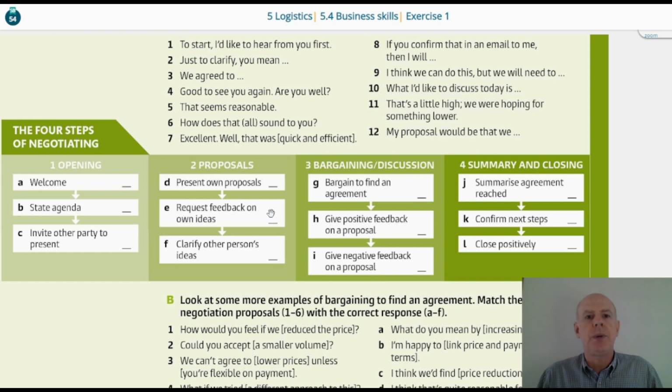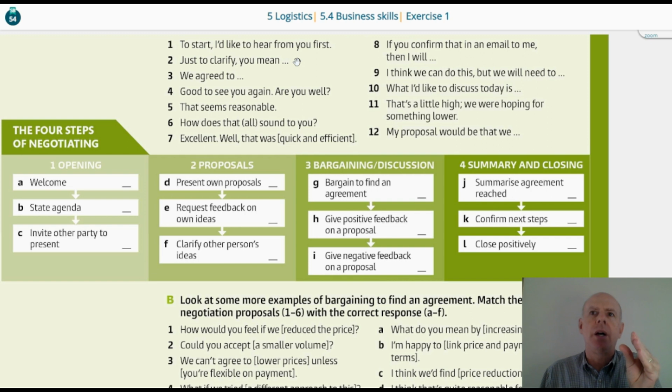I'm asking the other person to say whether they understood and if they agree, if they like it, all right? And probably there will be this: clarify the other person's ideas to check if they can go together. Look, just to clarify, you mean... Just to clarify, you want to lower the price here, increase the number of hours here, send more products here,